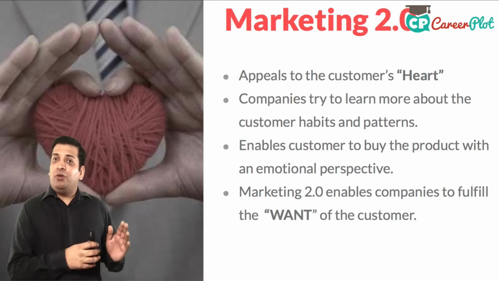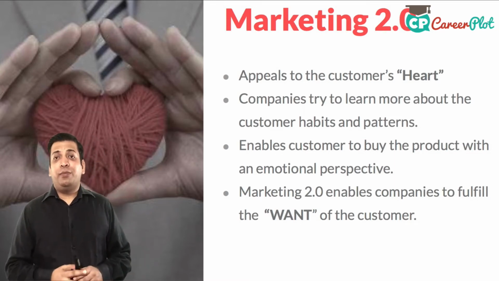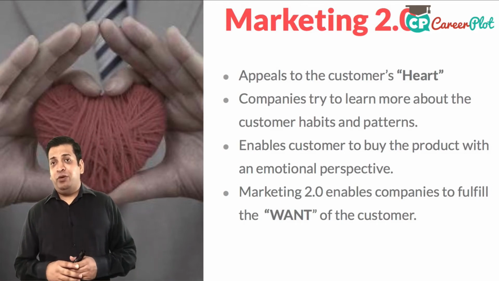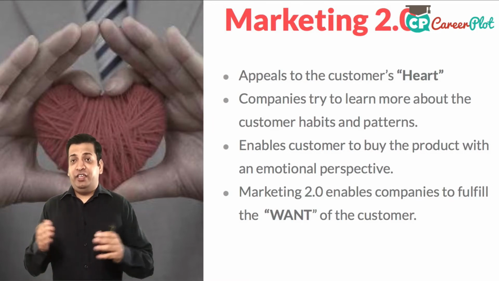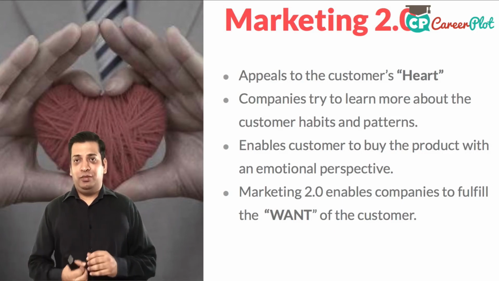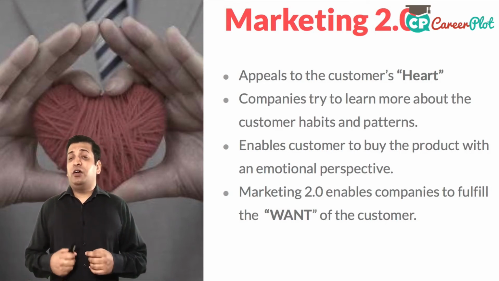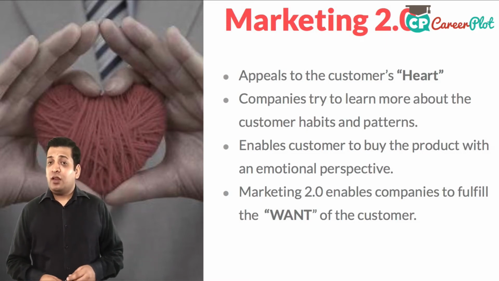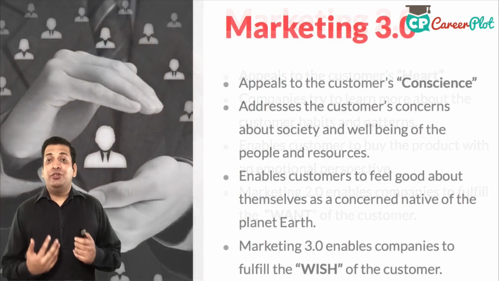Whereas compared to marketing 1.0, the product is always positioned nicely into a zone for the mind, so that it can be a rational decision. The people who decide with the mind in a rational mode do not think about everything else, right? But in the case of the heart, people go with aspirations to fulfill the wishes of a person. It fulfills a need which is called an emotional need. Once that is done, there's another, marketing 3.0, which appeals to the customer's conscience.